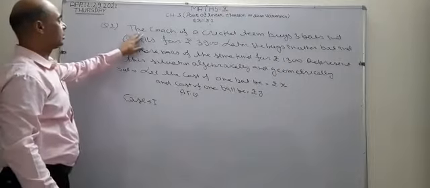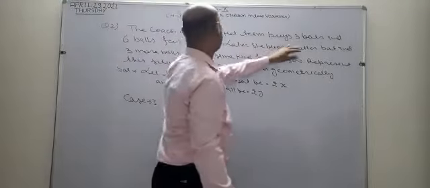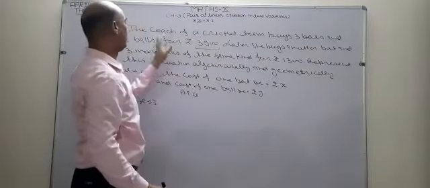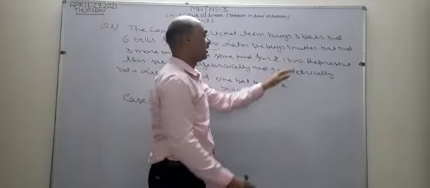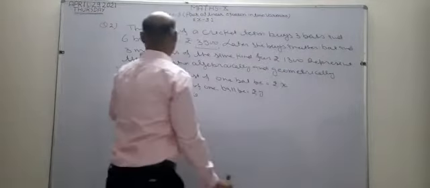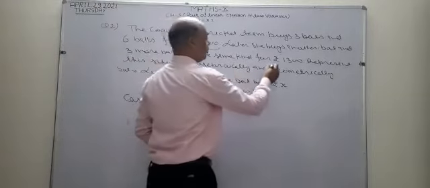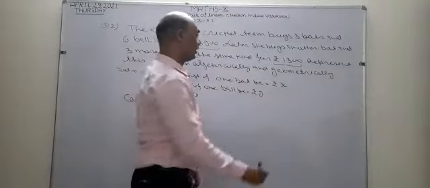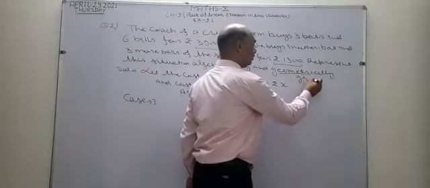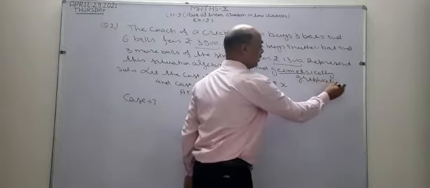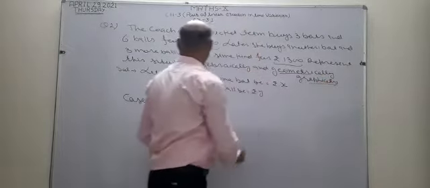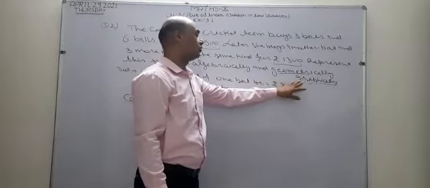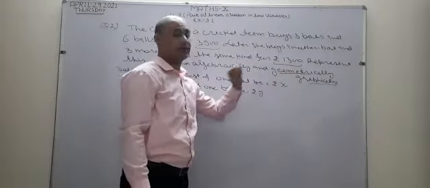What is the second part? The coach of a cricket team buys 3 bats and 6 balls for rupees 3,900. This is the total cost of 3 bats and 6 balls. Later she buys another bat, meaning 1 bat, and 3 more balls of the same kind for rupees 1,300. Represent this situation algebraically and geometrically. Geometrically means graphically. Now I am going to solve its algebraic part. You have to solve its geometric part yourself. If you face any problem, then you can ask me next time.